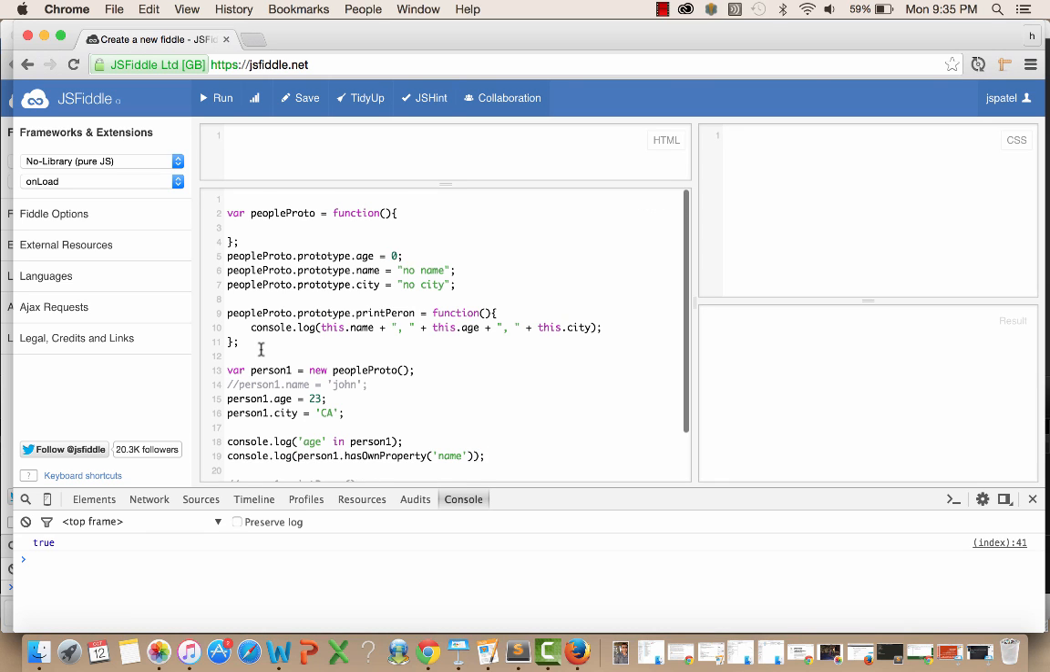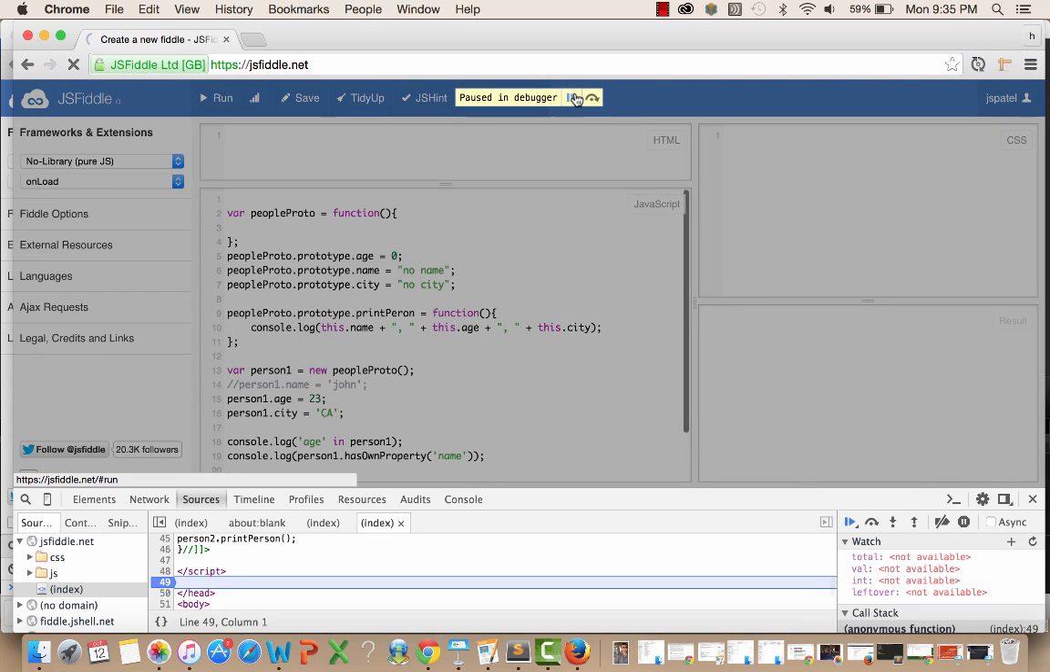What it means is find out if person1 has its own property. It does not care if you have a property in the prototype. It has to be within the object. So if I click here,